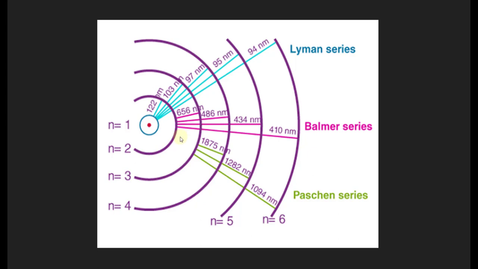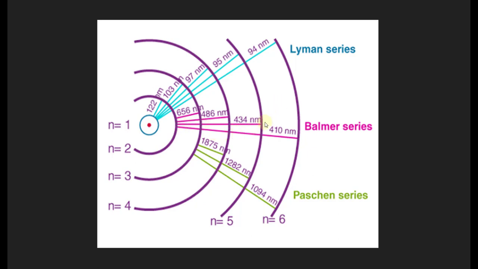So if the electron absorbs a 656 nanometer photon, it goes from the second to the third orbit of the hydrogen atom. If it receives a 486 nanometer photon, it goes from the second to the fourth orbit of the hydrogen atom. If it absorbs a 434 nanometer photon, it goes from the second to the fifth orbit of the